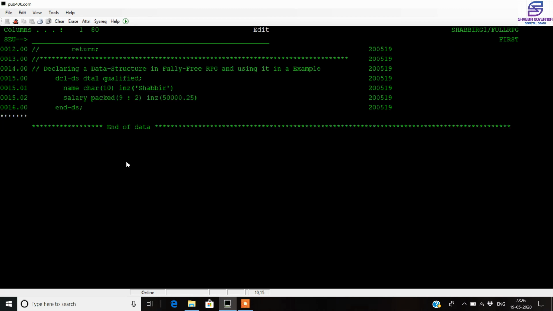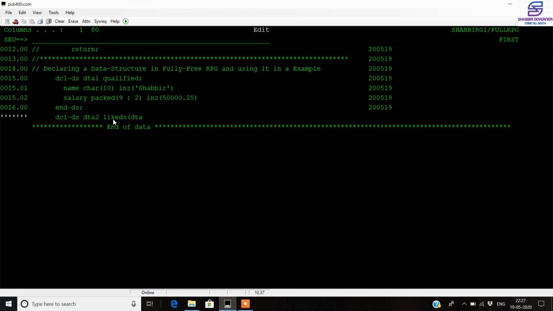So now we are done with this data structure DTA1, and what we'll do is that we will declare one more data structure. So for declaring it, we use DCL-DS, and we'll name it as DTA2, and we'll use the LIKEDS keyword, that is the data structure keyword, and give the blueprint of this data structure DTA1 to this DTA2.